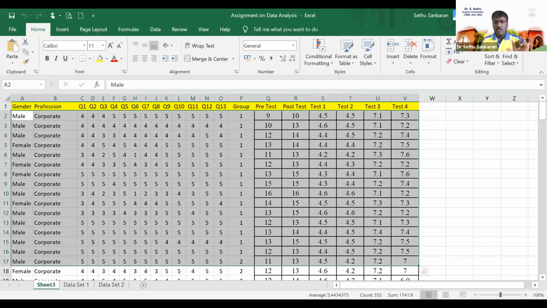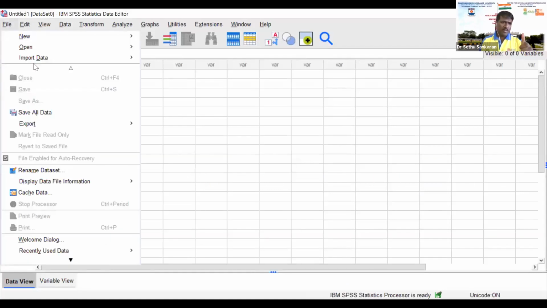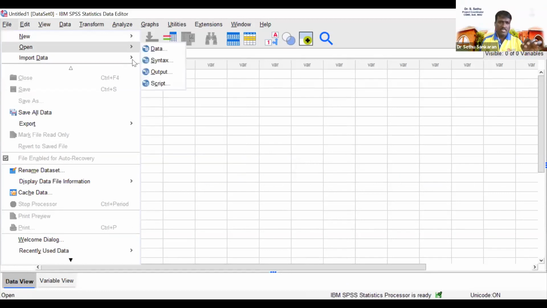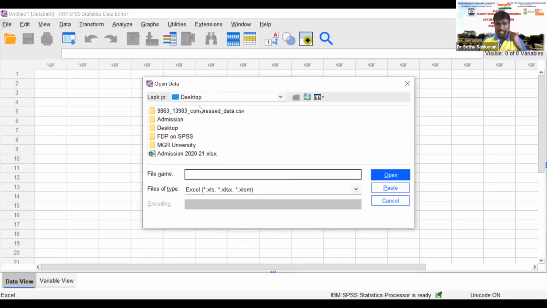But we have an option to import the data to the SPSS from Excel. So you can go to File. You can see the third one in the File menu, Excel. So click Excel. Now import data, you can go to Excel. Okay. So Excel. Here you have to select the file.